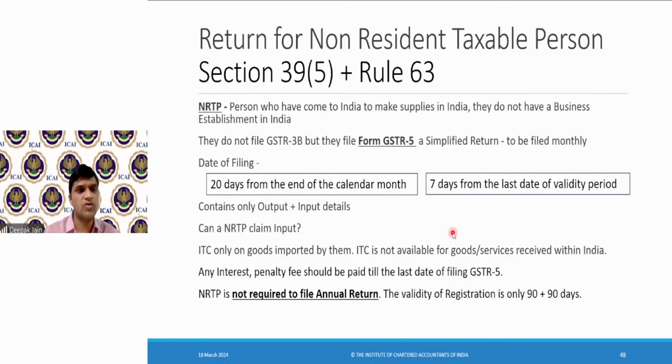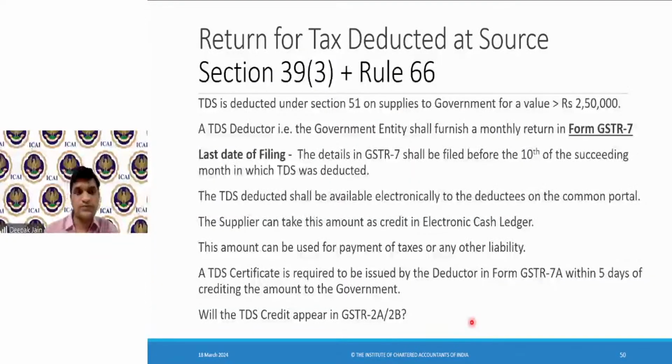Okay, so everybody is so very confident and you are saying that yes, it will appear. But my dear countrymen, read the options again. Those who deduct TDS, okay, where will you get it? We have clearly said that the supplier can take the credit in the electronic cash ledger. So this GSTR 2A and 2B is a credit ledger. Okay. So whenever somebody charges tax to you, then it will appear in your electronic credit ledger through GSTR 2A,